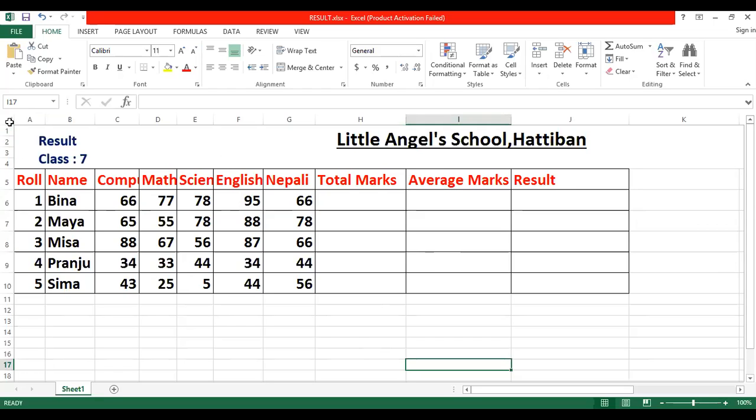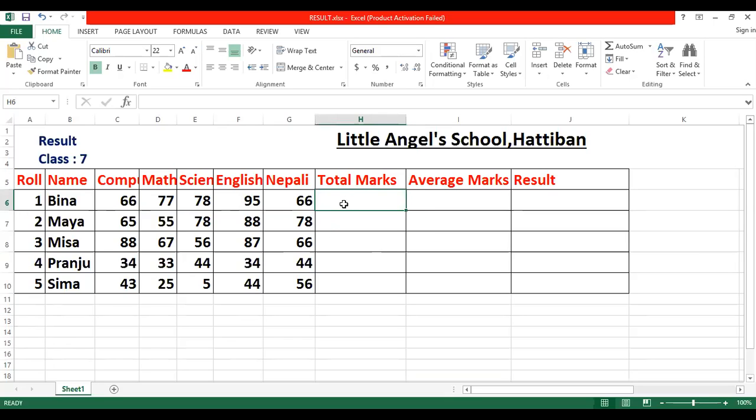You see on the mouse pointer 1, 2, 3, 4. This is the computer's row number, which you have to write when you write the formula. You don't have to use the cell address of your roll number or the serial number. Just keep in mind, always use the column name and the computer's row number.